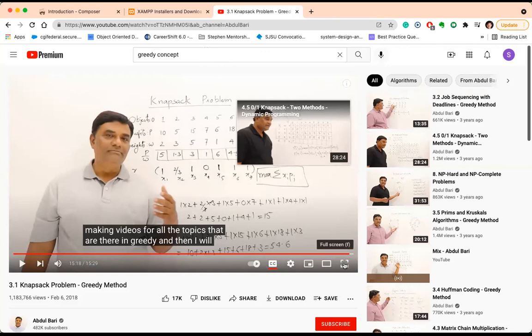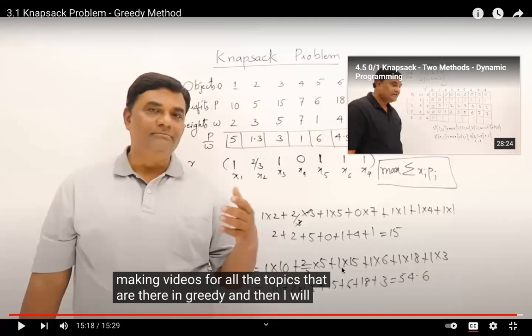He clearly explains why this is fractional: things which are divisible, like food or something like that, that's why we use fractional. But if it's not divisible, like a washing machine or whatever, then you use 0-1, where you either take it or you don't take it, right? Yeah. And also, looking at this approach,